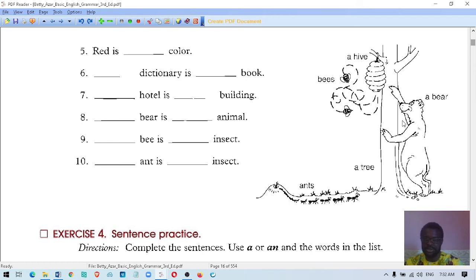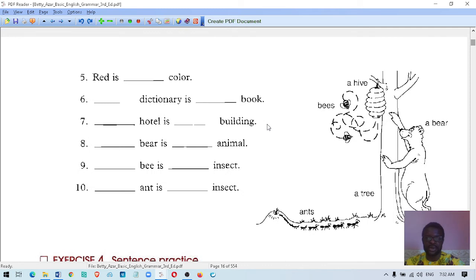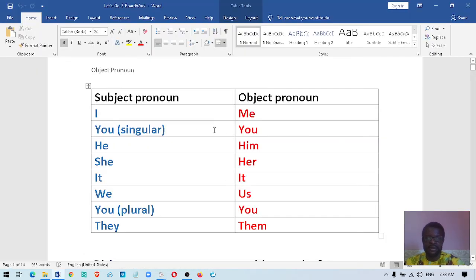So this one is a tree. This one is ants. See many of them crawling to the tree. So we're going to try this one out when you join me, or after watching this, I'm going to let you try this one all by yourselves. Okay? One more thing, I'm bringing you over here so that you can look at our subject pronoun and see